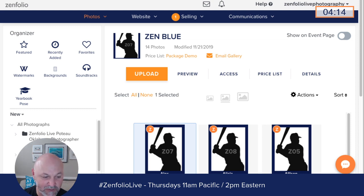Lenka Flattery says, how to get rid of the favorites button on the top corner of my site. When I get rid of it, it disappears on all of my private galleries where I need it. Any idea? Okay, so it sounds like what's happening is that when you are on your site and you're using